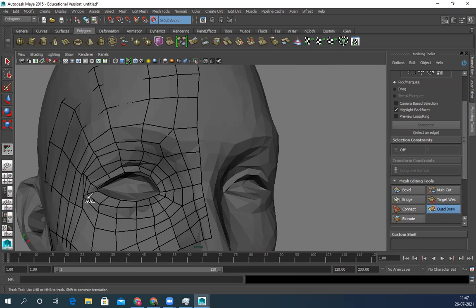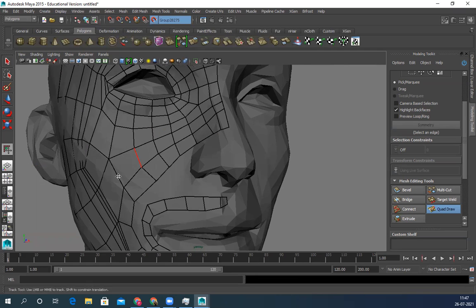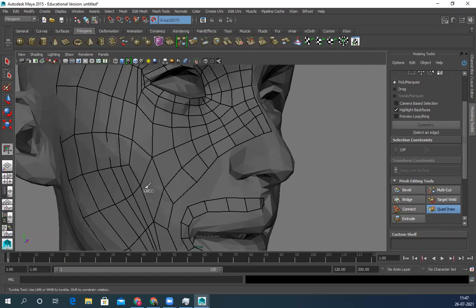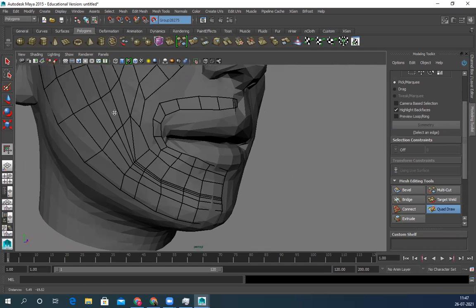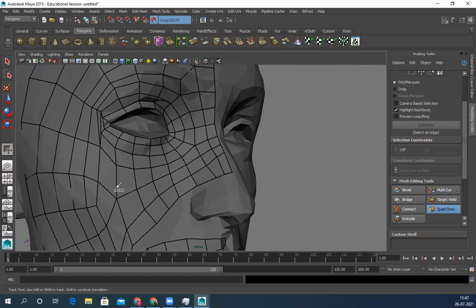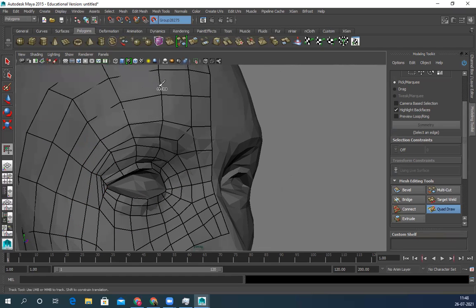And then relax everything. And for this relax, I can press B for soft selection, increase the soft selection, and shift, you can relax it very easily. So shift is multi-purpose, like to create a polygon and relax them also. Relax also, yes.